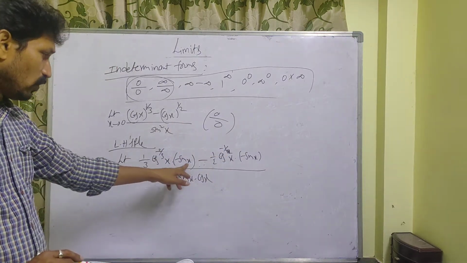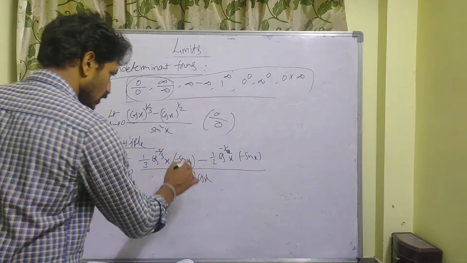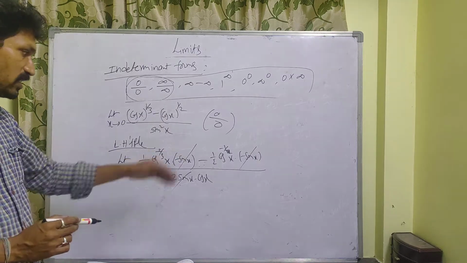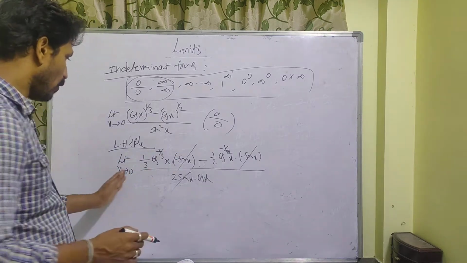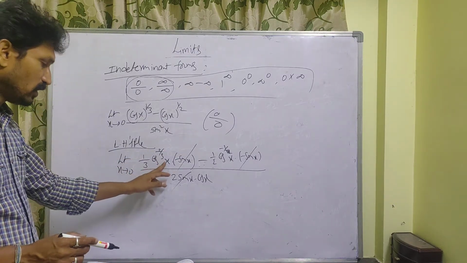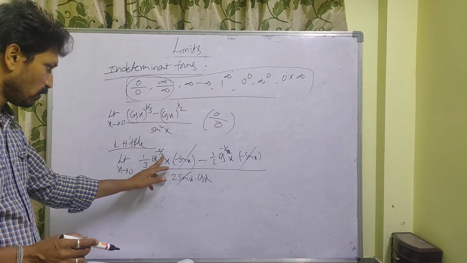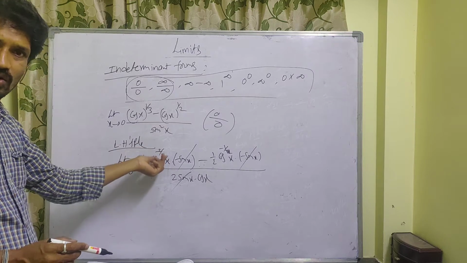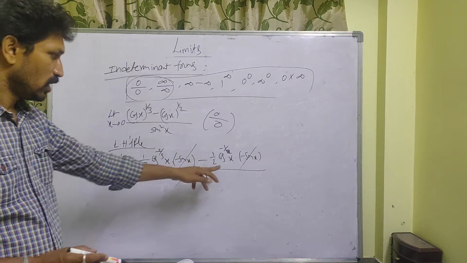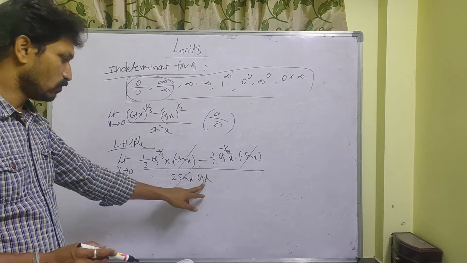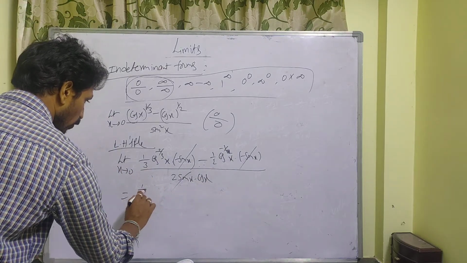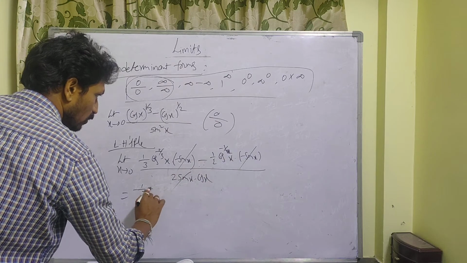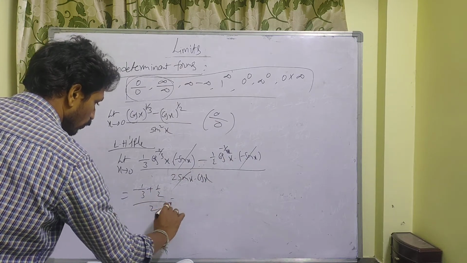Now if you take sin x common, the sin x in the denominator and numerator get cancelled. So now you apply x tends to 0. This is cos 0 power minus 2 by 3. Cos 0 is 1. 1 power minus 1 by 3 is 1 only, 1 power anything is 1. Here also you get 1. So the total answer here is 1 by 3. This is minus 1 by 3. Minus into minus, plus 1 by 2 by 2.